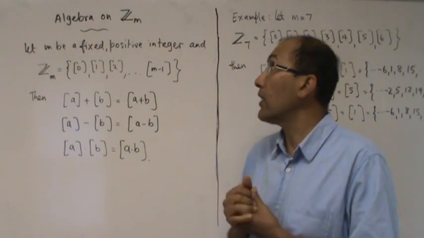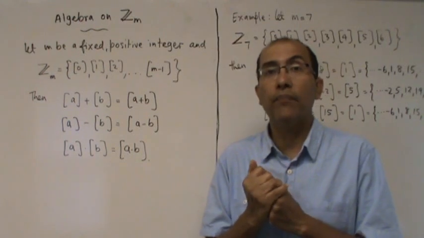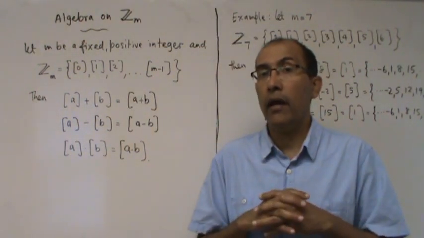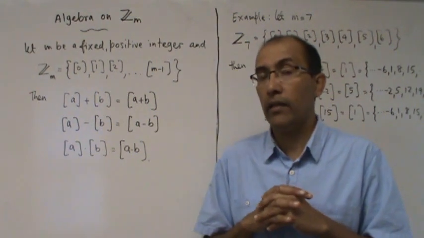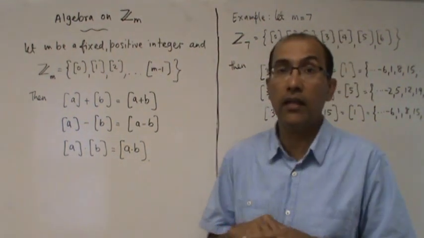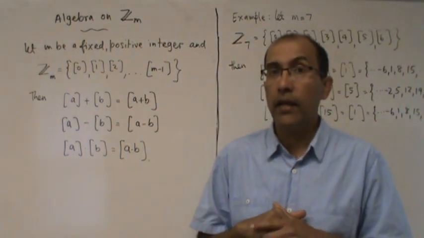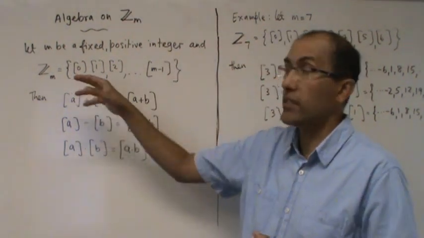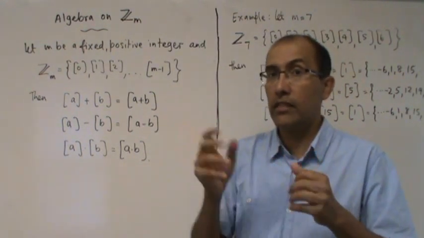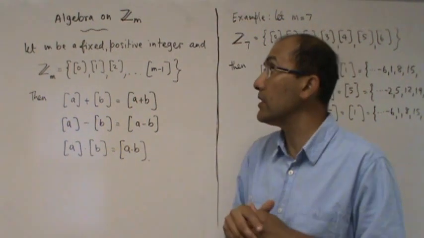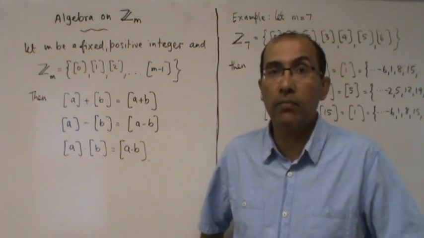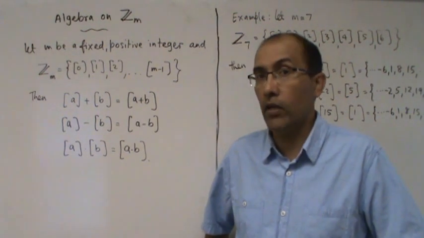So we looked at congruences and the congruence relations, and we can add them, subtract them, multiply them and divide sometimes. Now we have different elements. These are different collections. Zm is a set and it has objects in it. And what do we do with these things? We do what we do best: we add them, subtract them, multiply them, and see what we get.